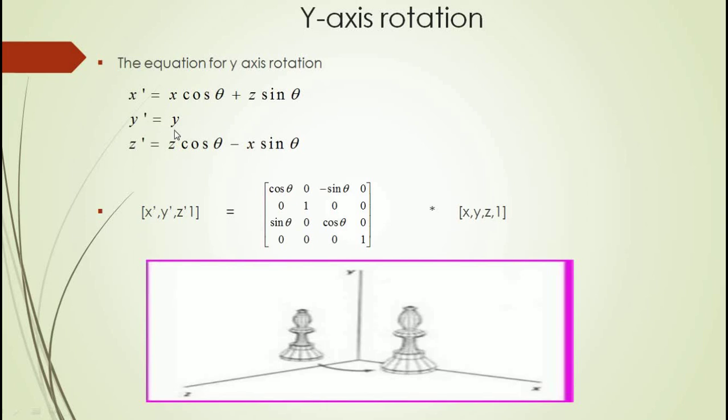So x cos theta plus 0 plus z sin theta plus 0. Here only y, that is y dash is equal to y. Here minus x sin theta plus 0 plus z cos theta, 0. Okay, here minus x sin theta and z cos theta. And here the value is 0. Then after that, this row is 0 plus 0 plus 0 plus 1 into 1, which is 1. So here is our equation. This one is the image of the y-axis rotation. This image is rotated about the y axis, in the anti-clockwise direction.